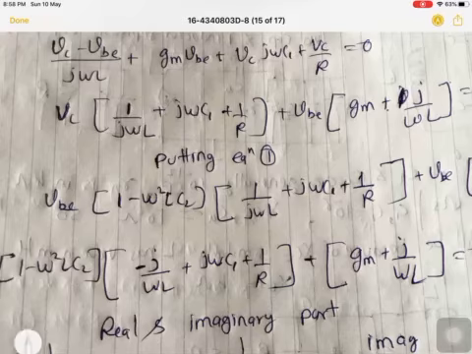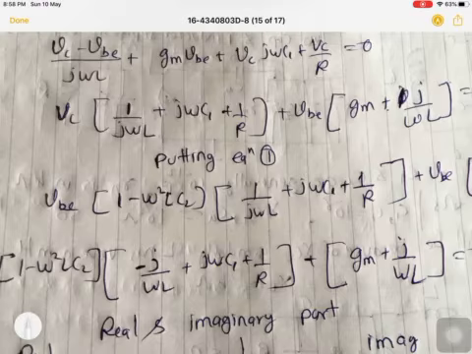Now I'm taking VC common, 1 upon j omega L plus j omega C1 plus 1 by R. Here VB I can write Gm minus 1 upon j omega L. But I can replace minus 1 by j with plus j. Here the j was in the denominator, so minus 1 by j is replaced by plus j. So Gm plus j omega L